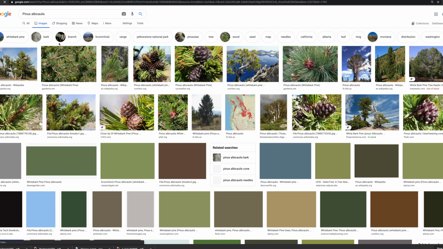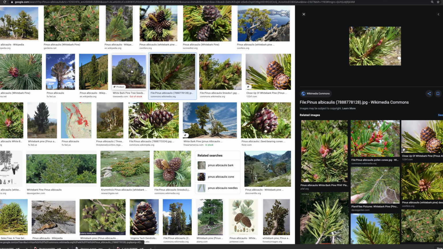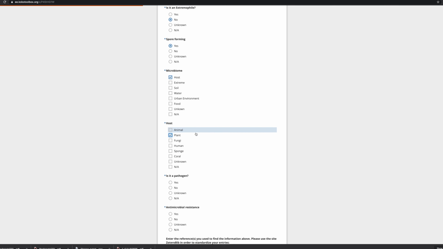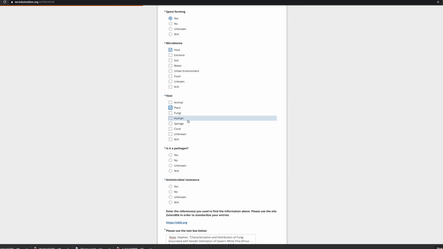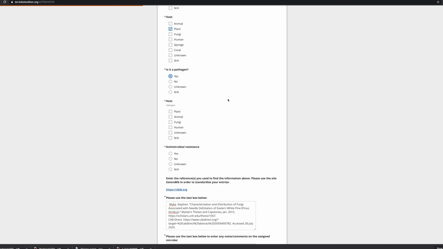And you can see right here it's a plant, so we select plant on the host. Is it a pathogen? Yes, we know it's a pathogen, and again the host is the plant,